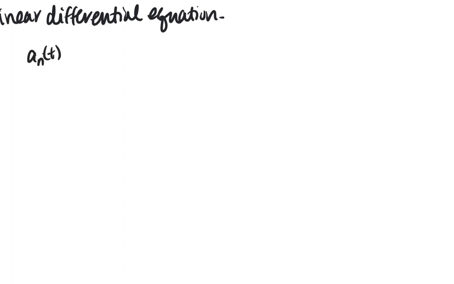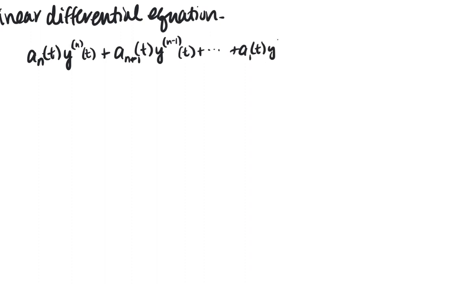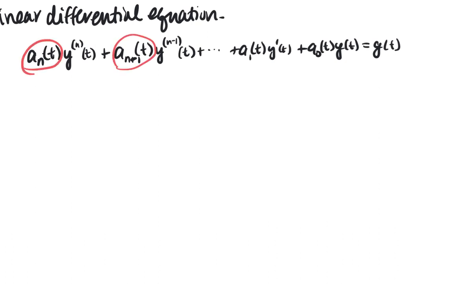an of t times y^(n) of t plus a_{n-1} of t y^(n-1) of t plus dot dot dot plus a_1 of t y prime of t plus a_0 of t y of t equals some g of t. Okay, so what I want you to notice is that these guys here